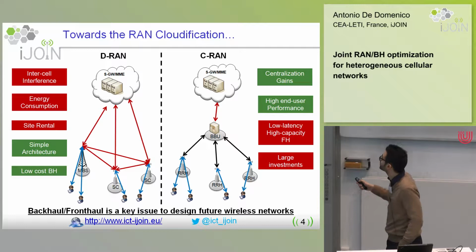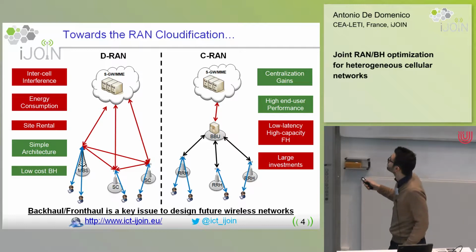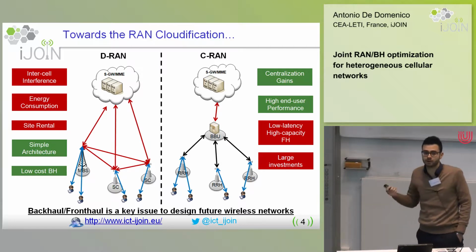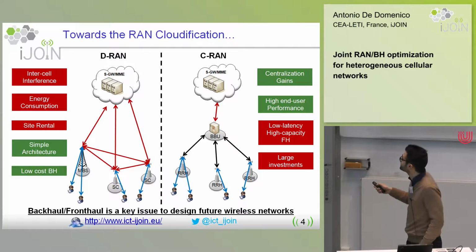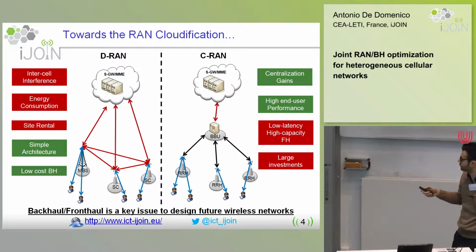So the iJOIN concept is somehow between these two architectures. It is a flexible architecture, cloud RAN, and in this case, backhaul and fronthaul are a key issue to design this new